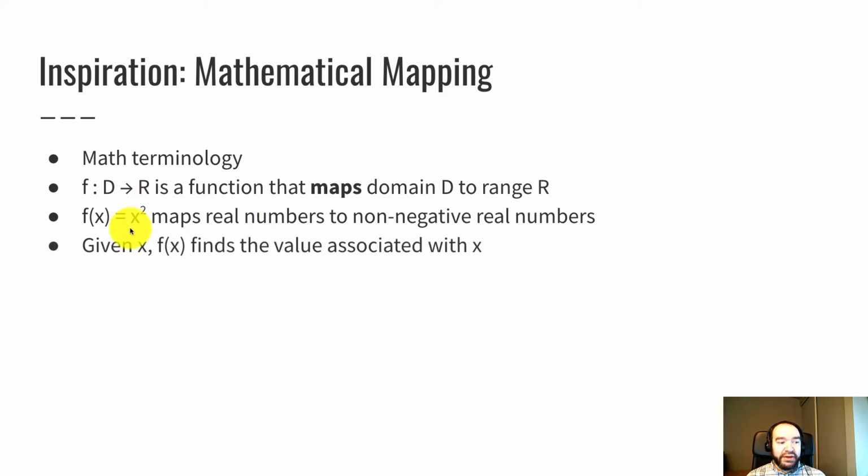So one way of viewing a function f like this is that given an x, f of x finds the value associated with x. So the x is kind of like the key column on the previous slide, and the value f of x is the associated value. So if I plug in 2 as x, f of x gives me 2 squared, which is 4. So that would say that 2 as a key is associated with the value 4 in the right column.